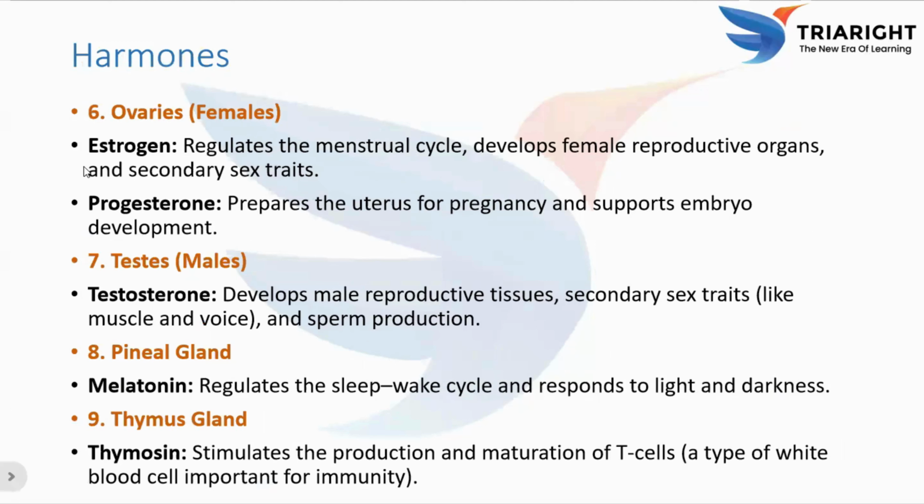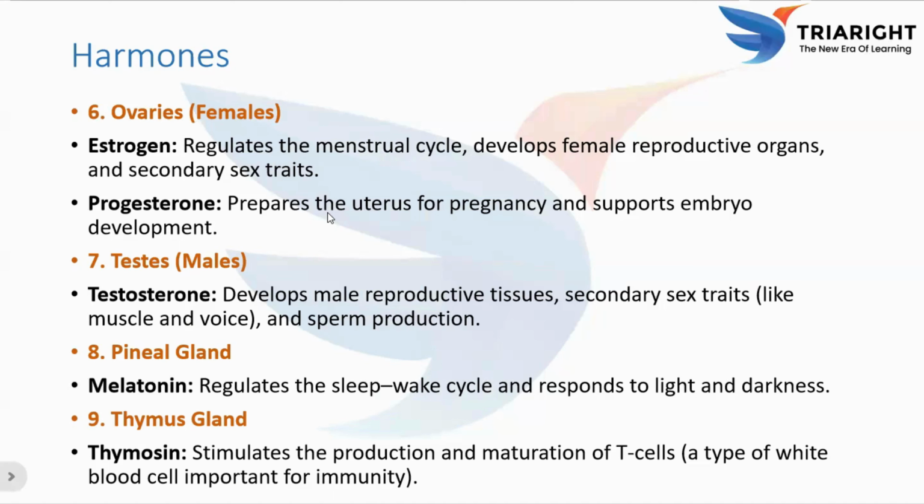Now coming to the hormones released by the ovaries, estrogen and progesterone. Estrogen controls and regulates the menstrual cycle. It also helps in development of the female reproductive organs, and it is responsible for the secondary sex characteristics such as breast development, wider hips, and also the higher voice tone. Whereas